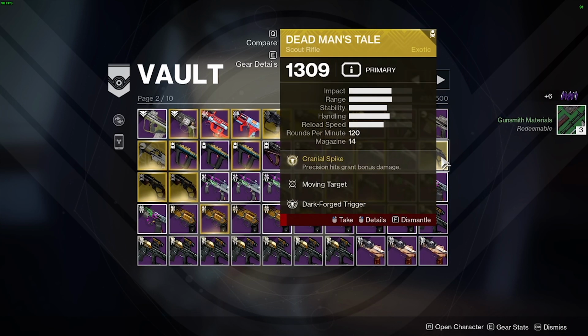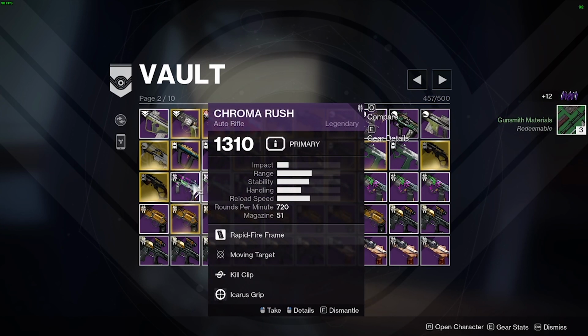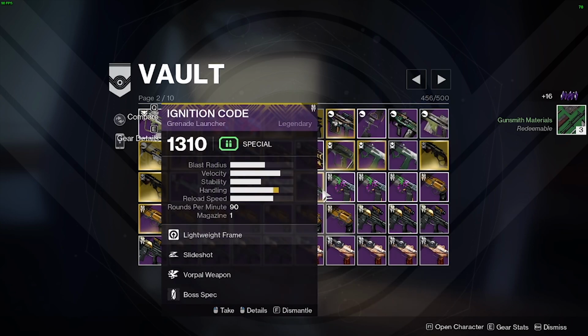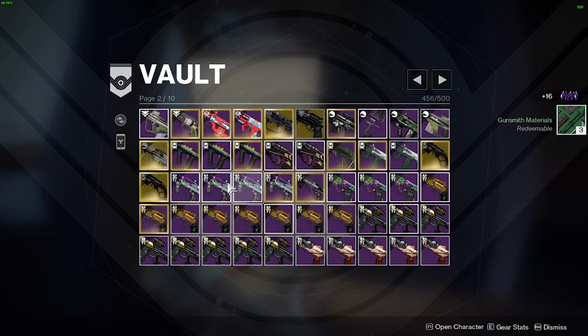Vorpal and 4th time is both important. Moving target is not at all. Chroma Rush. Good roll. Decent roll. Bad roll. Heating up Rampage. This is the thing with Chroma Rush. I can never tell if I want...